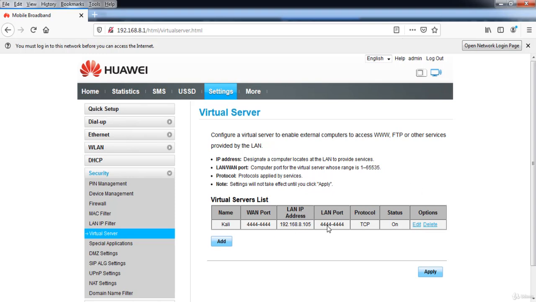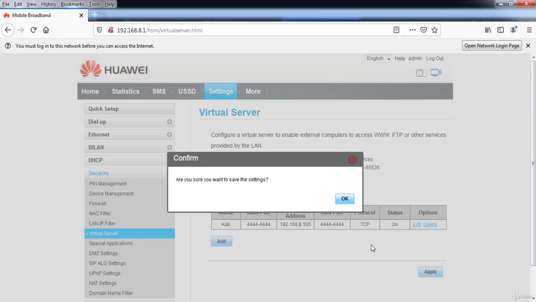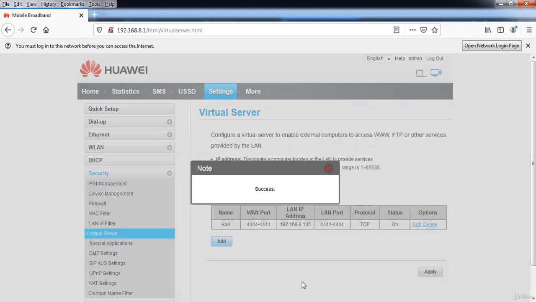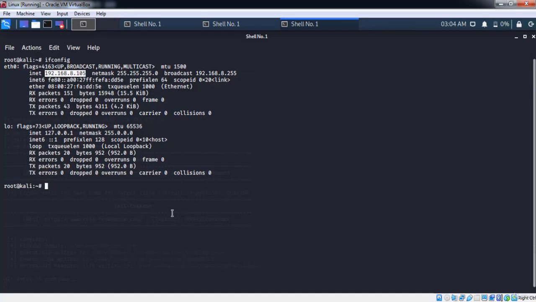Now my router is ready to receive connections from outside. If I send this generated backdoor to my target PC through any media or by any way, once he opens the file, the connection will come to my router and my router will forward it to my Kali machine. So now if we press apply, OK, we can go to Kali Linux and run the Metasploit framework,